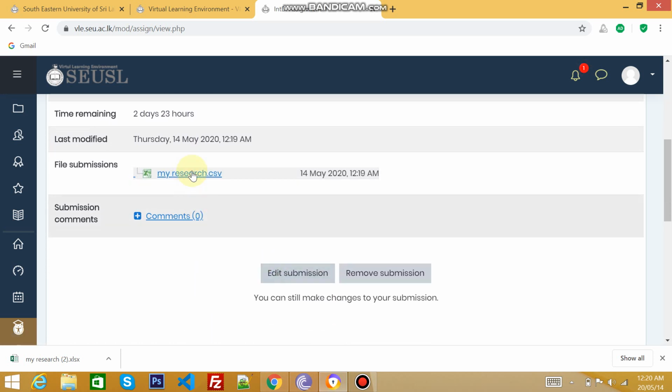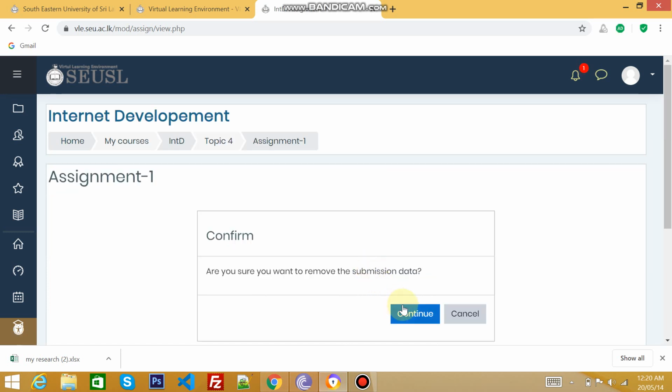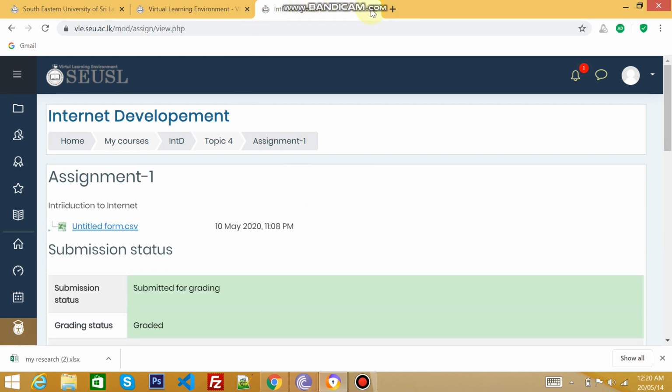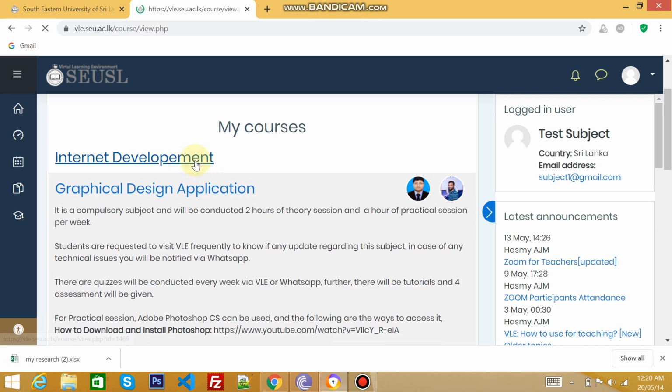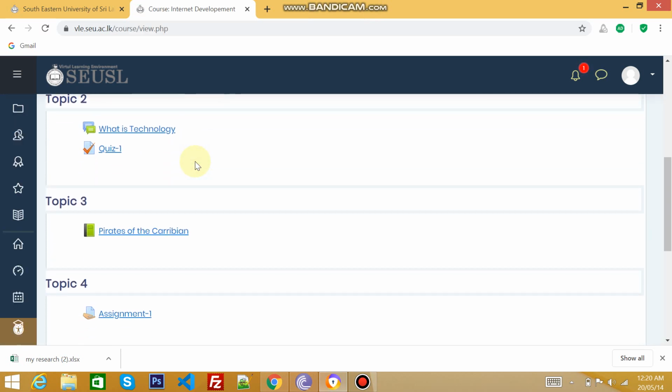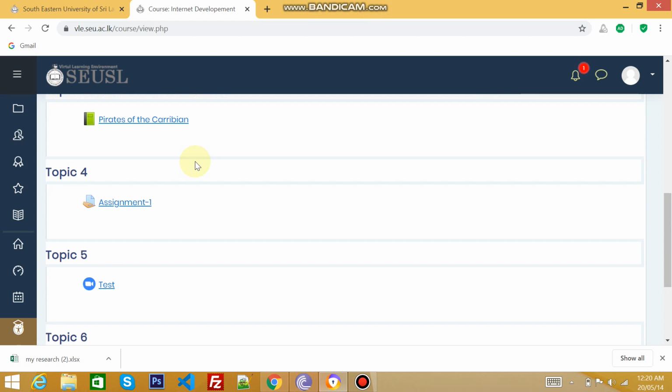If you want to remove this submission, just click this one and it will be removed. Likewise, many resources can be added by your lecturer, like a Zoom meeting, anything can be added. By clicking each event or resource, you can access those resources.